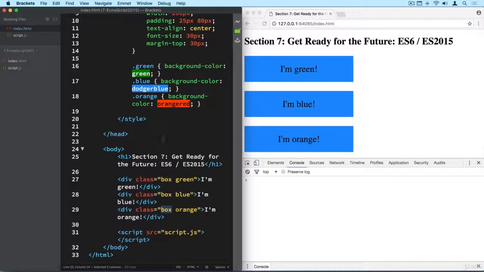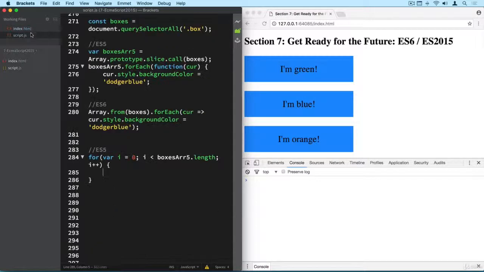So let's check it out. And the class name of this one here is box blue. So we cannot simply say just blue, but instead we have to say that the class name is box blue. So let me show you how we can do that. So we say that if